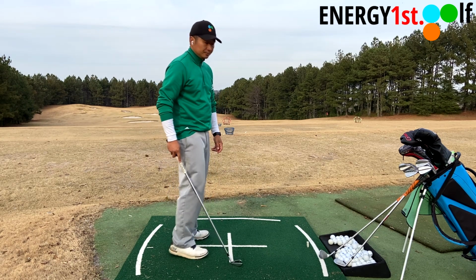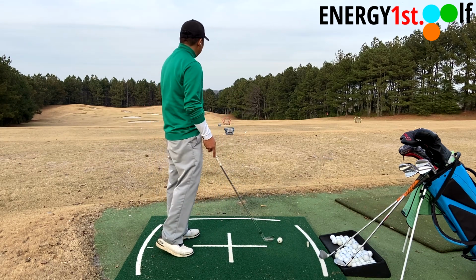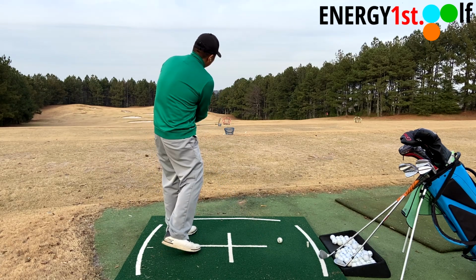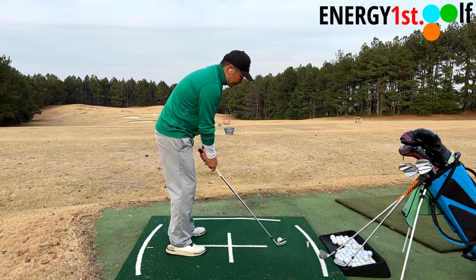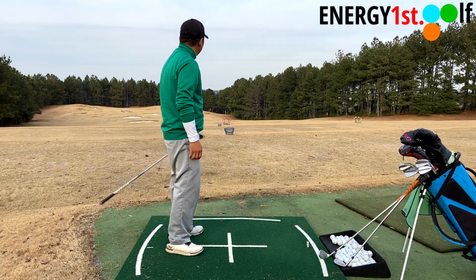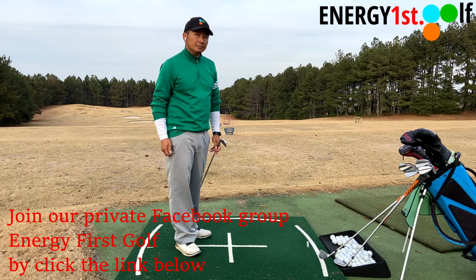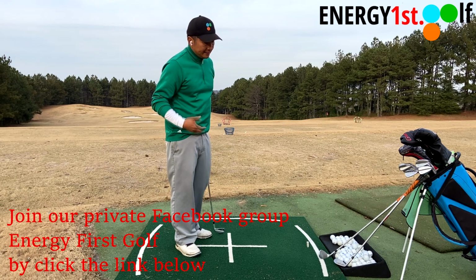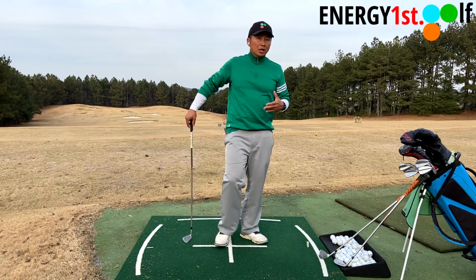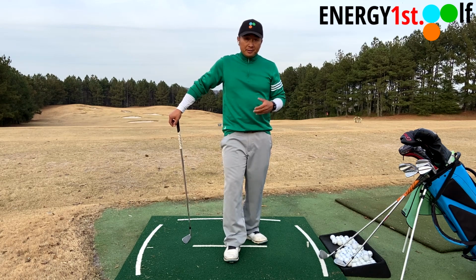That's my third target. I know you guys may not be able to see it, but someone standing over here would see exactly where the ball landed. Now I'm going to go to the last one with a 5-iron. Now I'm going to go to the red basket. Perfect. It didn't land in there, but the distance was correct. All right, so again, energy first, impact later. This is the only way you can learn how to play golf correctly,